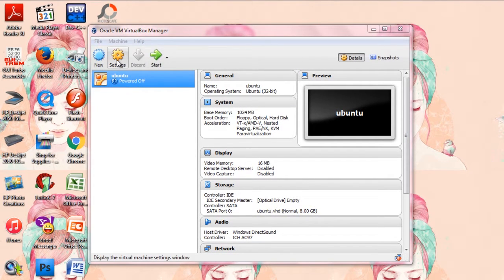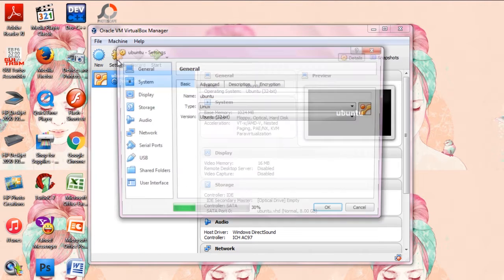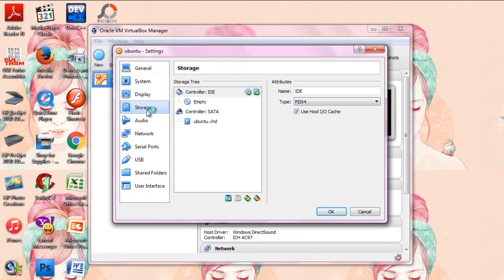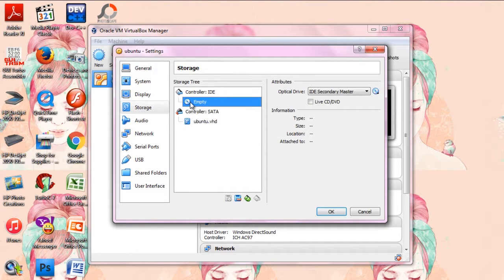Click the settings icon. Choose storage. Click empty. Click this disk icon.